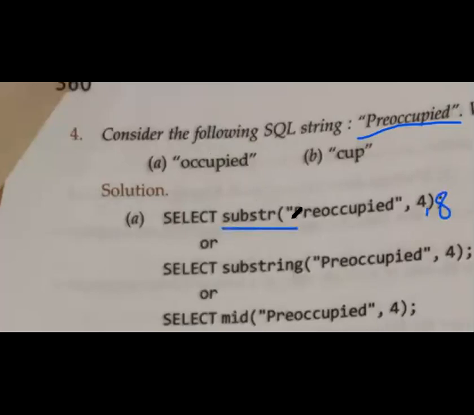So either we can use substr, or substring, or mid, and as I said, we can use right also. It is your choice, any one function out of the four you can use. Now see, the second one you will do by yourself. In the second question, you want CUP, cup, from this particular string. Now how are we going to get cup? You can see your CBSE paper; this type of question already came in the CBSE paper. So we want cup from this preoccupied. What command are we going to write?